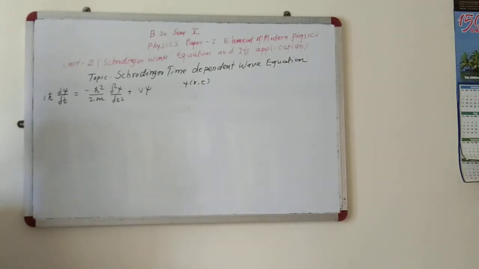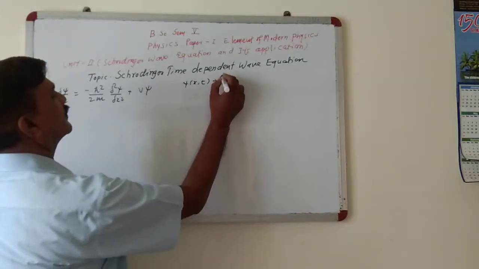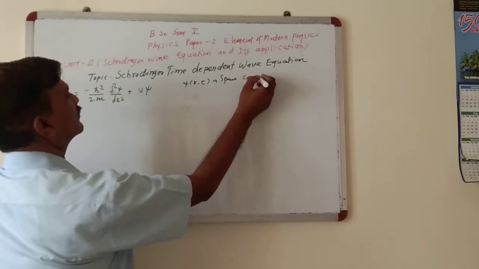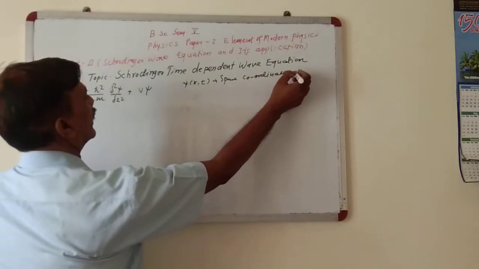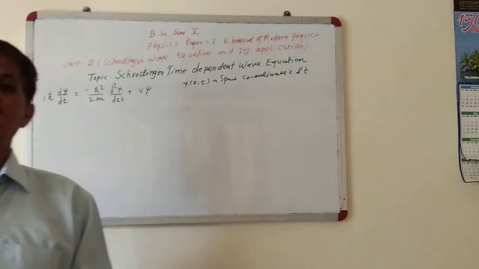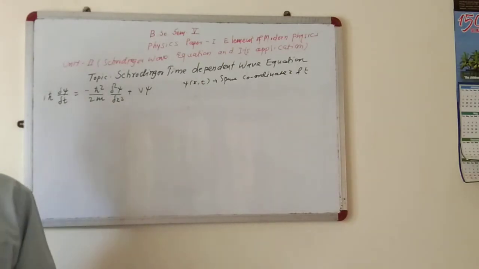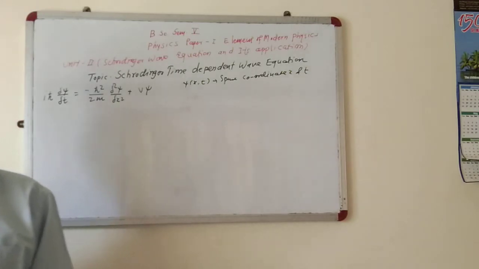Why is this called the time dependent equation? Because the wave function ψ depends on the space coordinate x and the time coordinate t. We already know how this time dependent wave equation is obtained. We assume the motion of a free particle. What is a free particle? A particle on which no force is acting, whose motion is just like simple harmonic motion, and we know its equation in terms of the wave function.